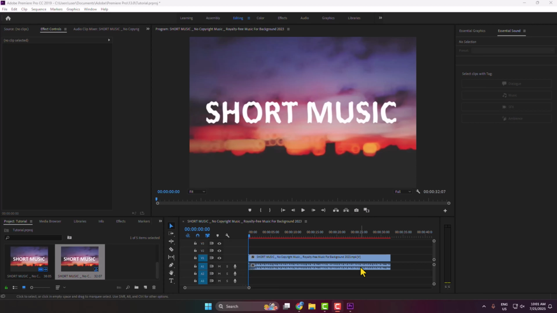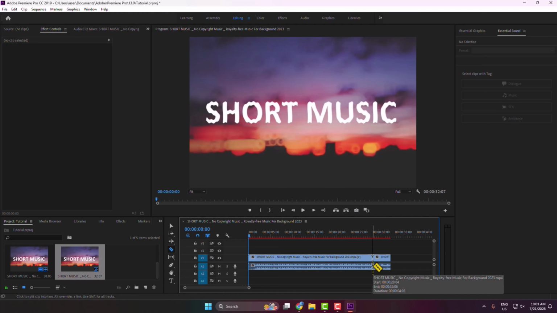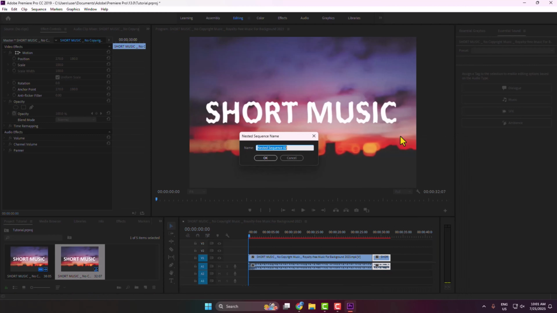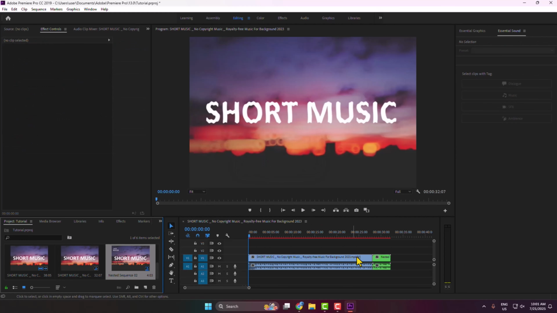First of all, you have to select the razor tool and cut the last part of your audio, and then right click on your last part audio clip and click on Nest and OK. Now double click on this nested audio part,